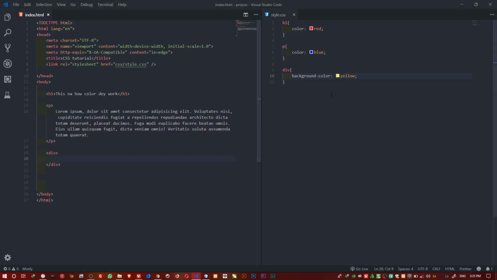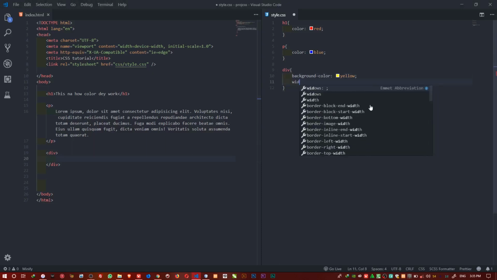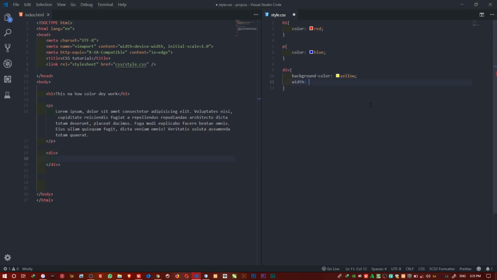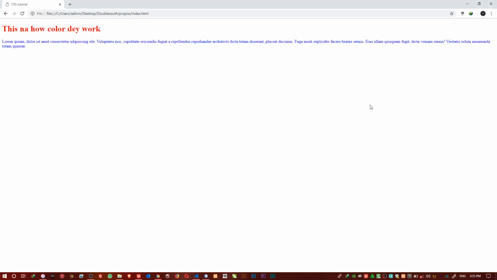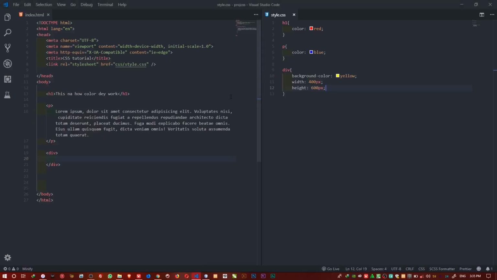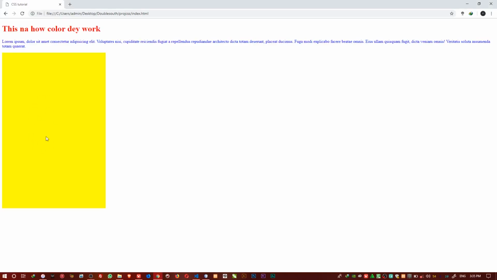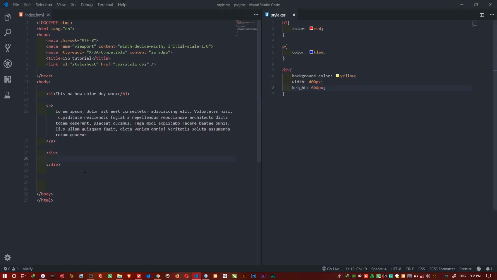But if you want it to show by default, what you do is, after you put this background color, you say make the width 400 pixels. Then make the height 600 pixels. You see? So now it shows based on the specified width and height. If you don't specify width and height, it won't show unless there is content inside this place, or let's say it has something typed inside here. Now it will show. So if I come here and maybe add a paragraph, you see now.